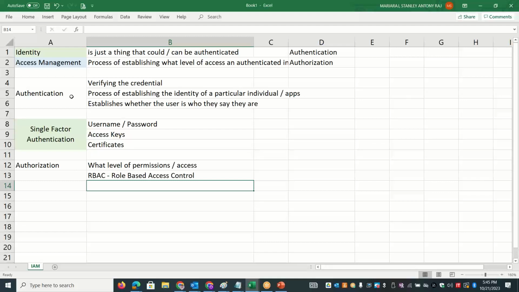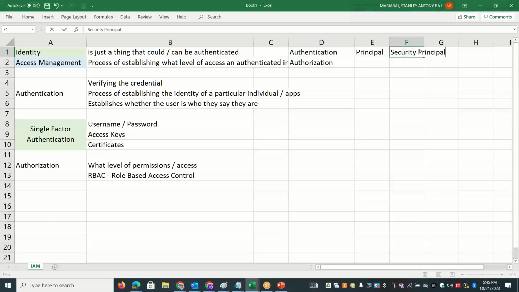So now this identity, generally we call it a principal or security principal. That is the standard term that we use in different cloud platforms. So we call it a service principal, or we call it a security principal. Okay, it all means the same. Service principal, we generally use it for service accounts in the cloud. Okay, so I'll come to that now. Over the last